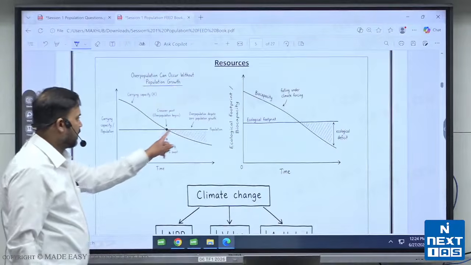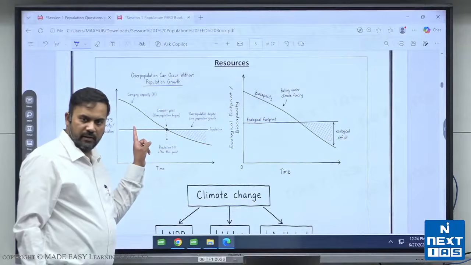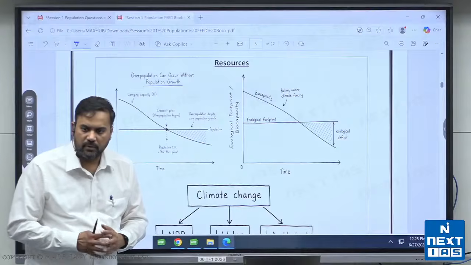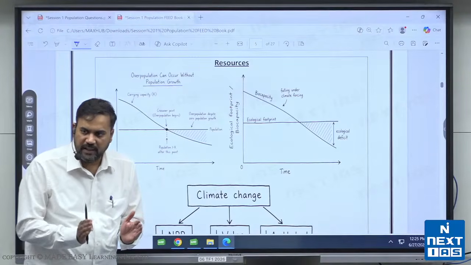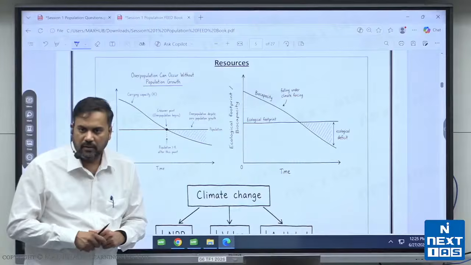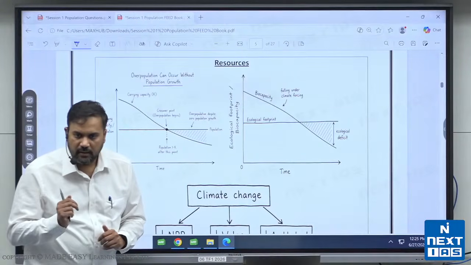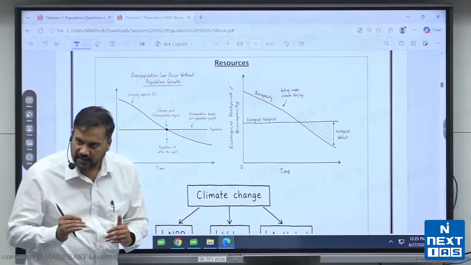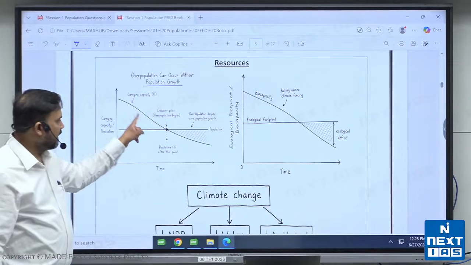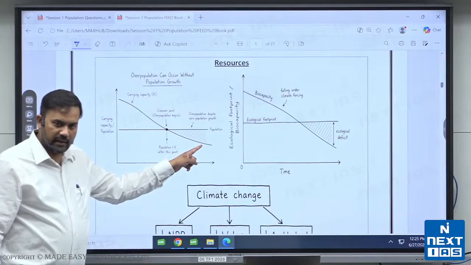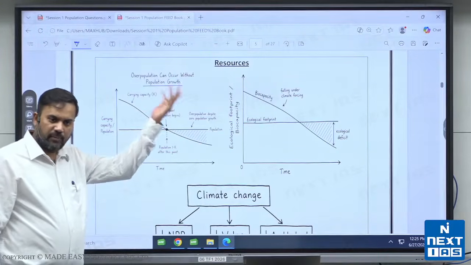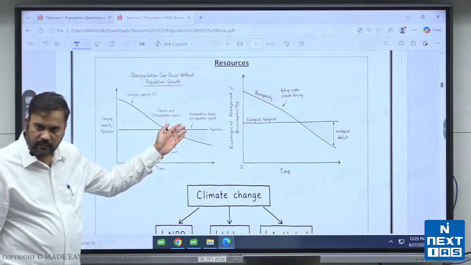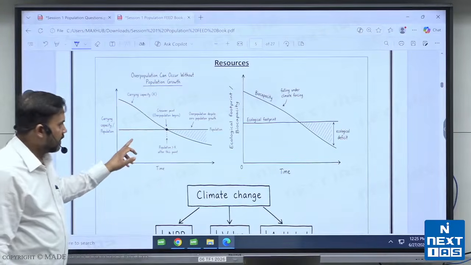ठीक है, टेक दिस डायग्राम्स टू अंडरस्टैंड। यहां पर पॉपुलेशन का मैंने जो डायग्राम बनाया, पॉपुलेशन इज सेम, पॉपुलेशन इज नॉट चेंजिंग, बट कैन वी से क्लाइमेट चेंज व्हाट इट विल डू, will it reduce the resource base? For example, if there is sea level rise, will there be land submergence taking place and there will be resource declining? ठीक है, so carrying capacity here is shown as what, declining। So the situation which was earlier maybe optimum populated, it would become what, overpopulated। I hope you are getting my point।